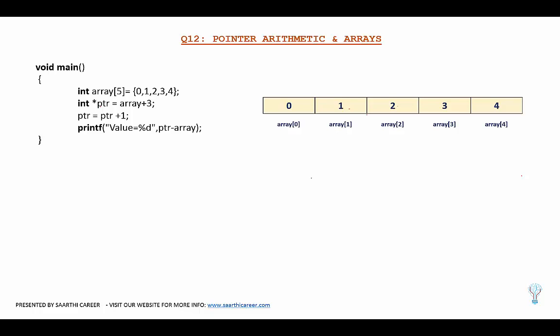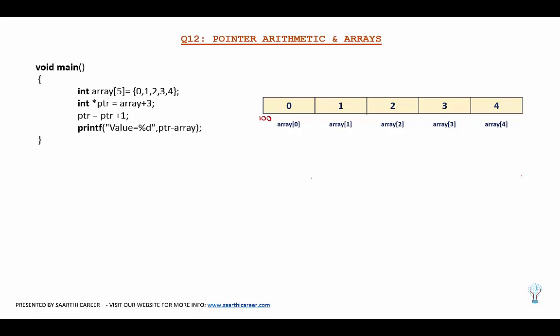This question is on pointer arithmetic and arrays. Here we have an array of 5 elements with values 0, 1, 2, 3 and 4. Now if we assume that the starting address of this array is at 100, so we know that 0 is